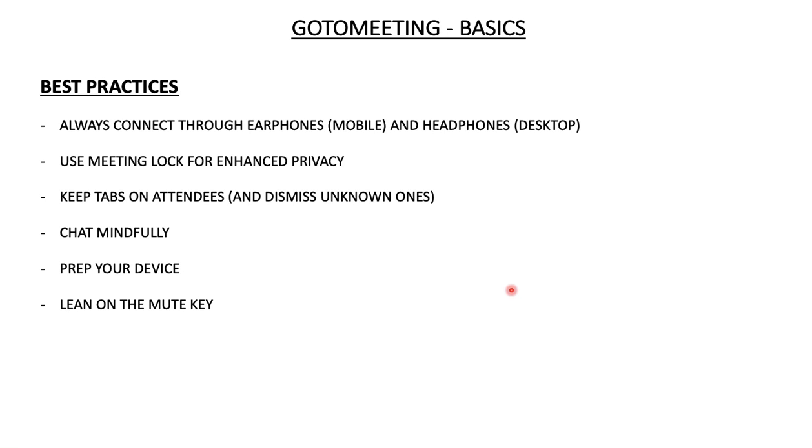The next is use a meeting lock for enhanced privacy. I have already explained that you could use the meeting lock to lock as well as unlock your meetings. There is another important use of this lock unlock button: if you are conducting multiple sessions one after the other, suppose you have two sessions, 10 to 11 and 11 to 12, and by chance the first session has unfortunately got extended. Because the meeting ID remains the same, you would have the attendees of the second meeting also joining in the first meeting at their designated time.